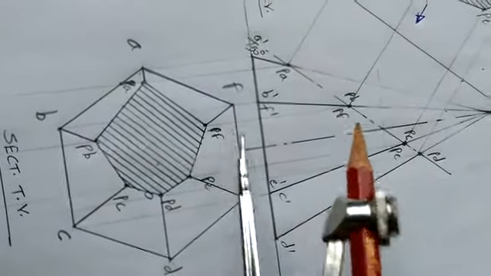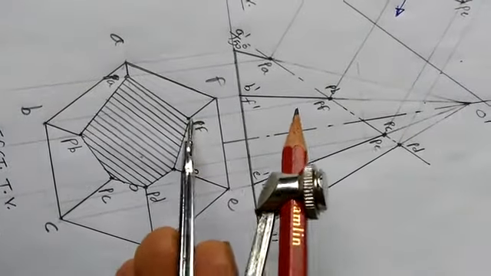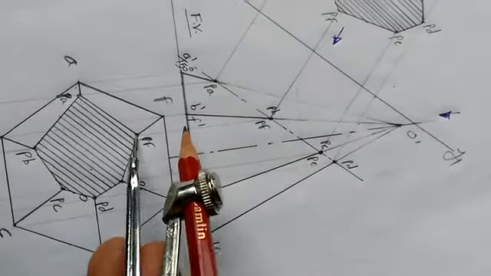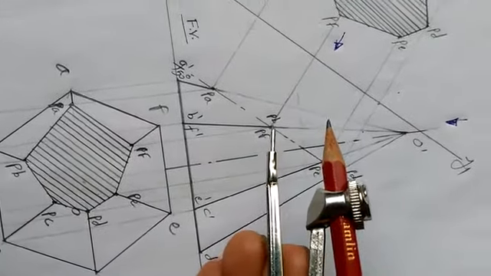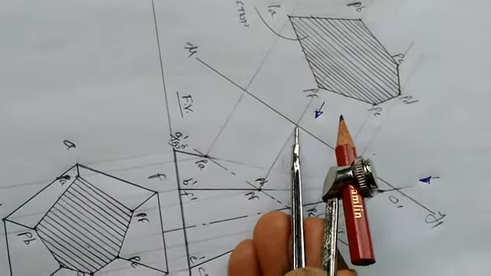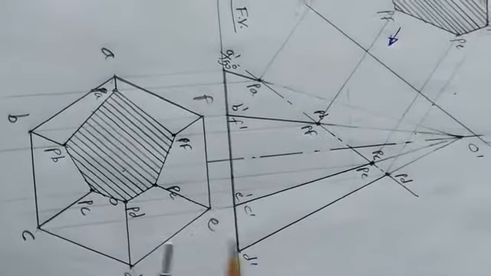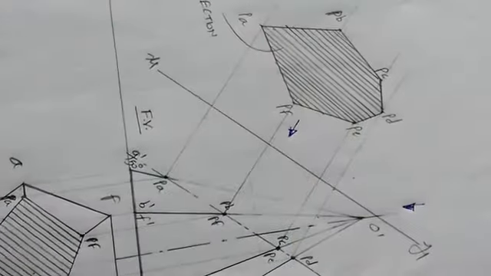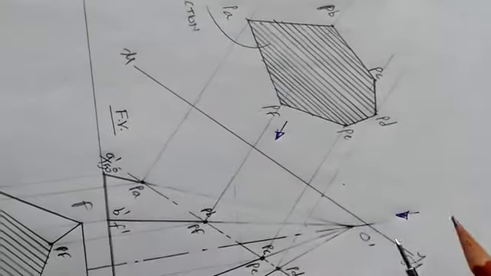Similarly with PF, with PB, with PC, PD and PE, the same kind of activity you have to carry out. For PF, I will show another one. Pick the distance of PF below the XY line in the compass, follow the projector in this way, come over here, and beyond x1 y1 transfer the same distance, PF. In the same way, pick all the remaining points below the XY line, follow their corresponding projectors and go on transferring the same distances beyond x1 y1.